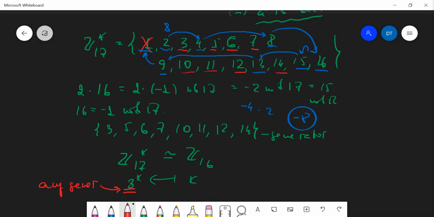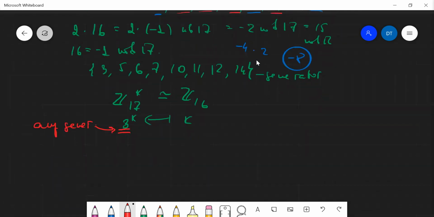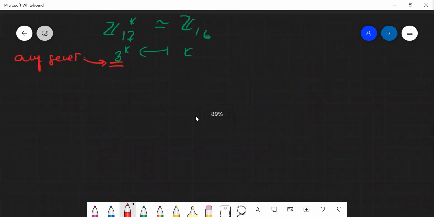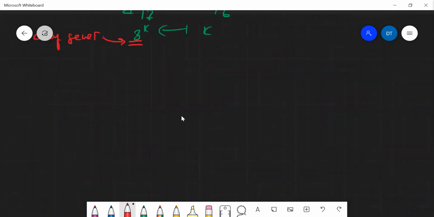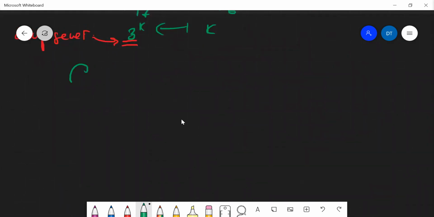Okay. Now I want to discuss a similar problem, how to check that an element is a generator in a group of a specific order. So let's try this. So suppose you have a group G, which is a finite group, and we're given an element g from the group G. And the order of the group is n. So the claim